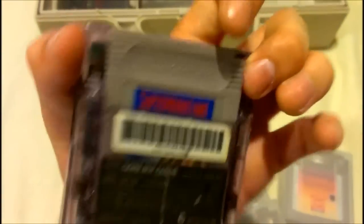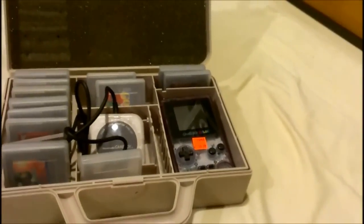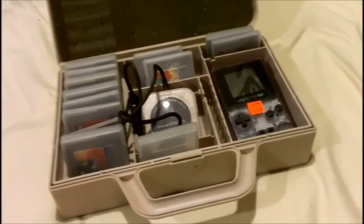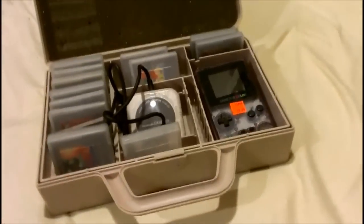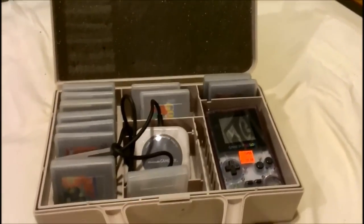So, yeah, I thought that was worth $40, and I actually paid a little bit less than that because I bought one of those Salvation Army bags, and she gave me 10% off my purchase, so it came out to $36. So, it eased the pain a little bit of that high price tag, but I know if I didn't buy it, someone else would, so I jumped on it, and I was pretty happy with that. And then,